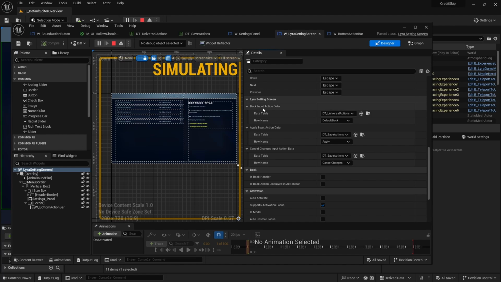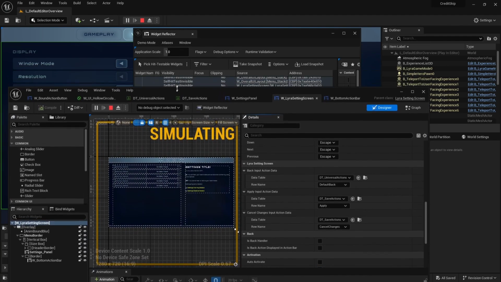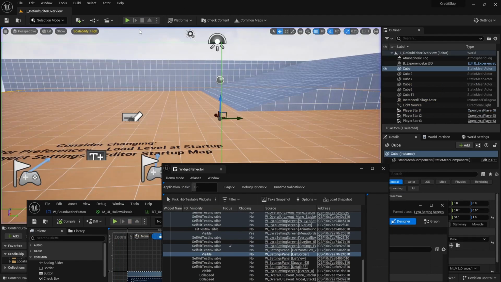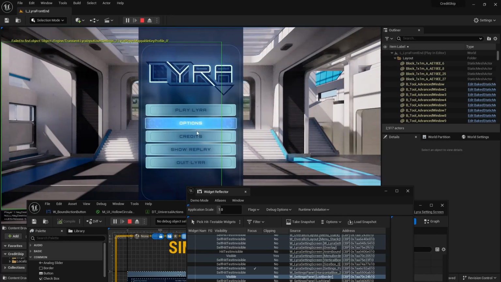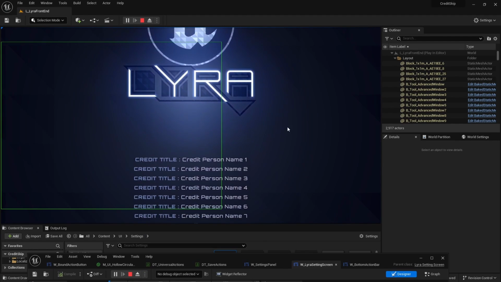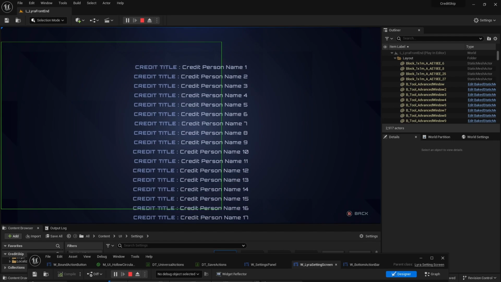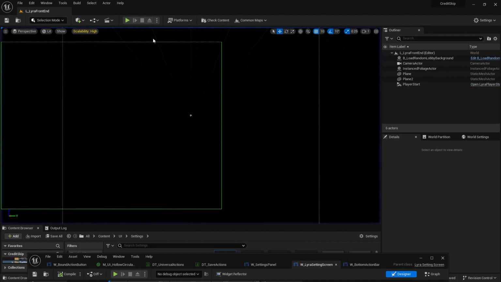The next part of this video, we're going to be very inspired by the Lyra settings screen, and we're going to create our own action bindings so that on our credit screen, you can speed up, you can slow down, and you can skip the credits if you wish to. So I'll just stop that. I'll navigate to the Lyra front end. So this is our main menu. And if we go to the credit screen, you'll notice that you can't see the action bar yet, but if you click, it will show up, and it will also show up on the controller if you press, I think it's A. There's no other actions.